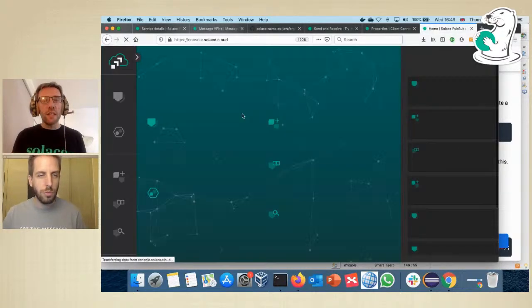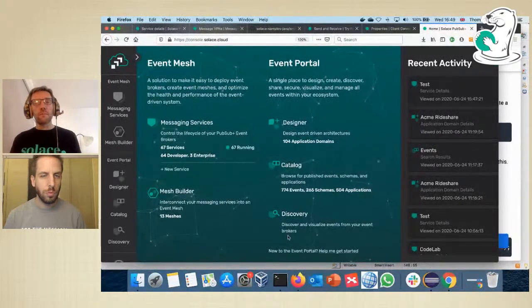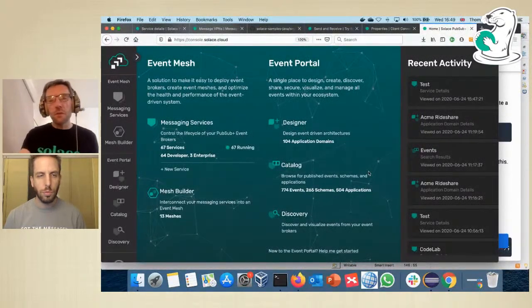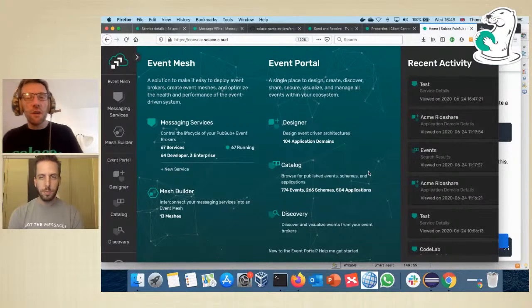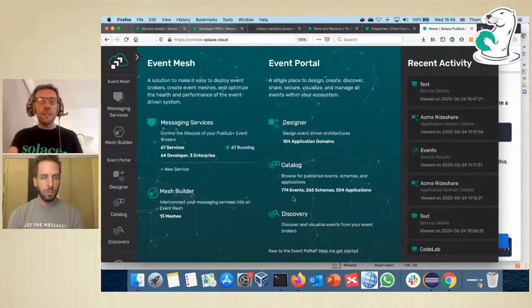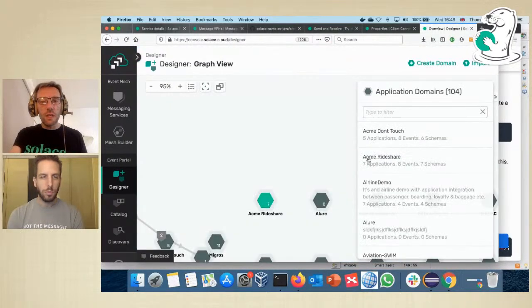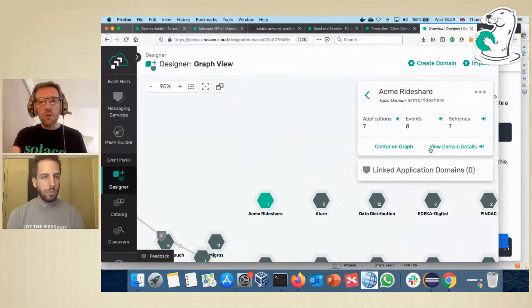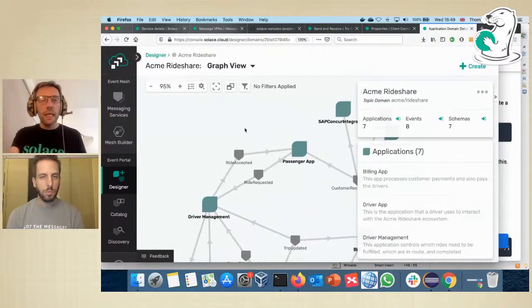We have this thing called Event Portal. And that is the space where you can design, define, catalog, and discover the topics that you're using in your architecture. Don't have time to really run through this in any detail today, but just to show you very, very quickly, here are the events we've got in this particular Acme Rideshare